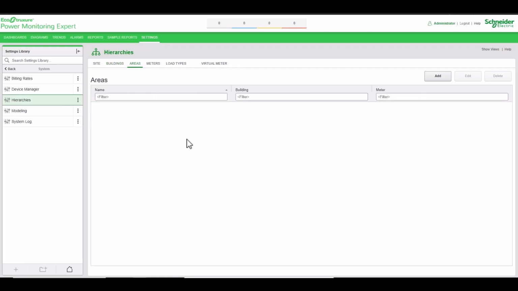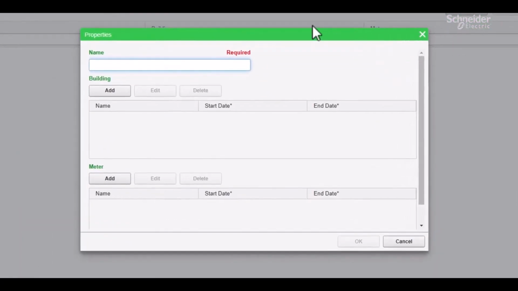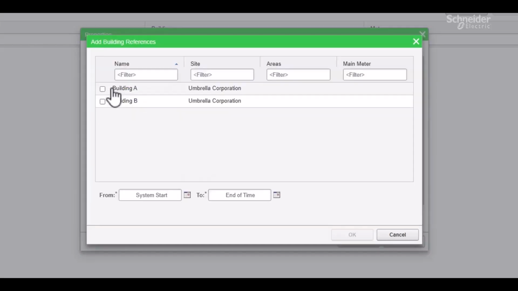Next, we will click on the Areas tab just as before. Click Add, and we will label this area Building A Floor 1. Under the building property, click Add and check the box for Building A and then OK.